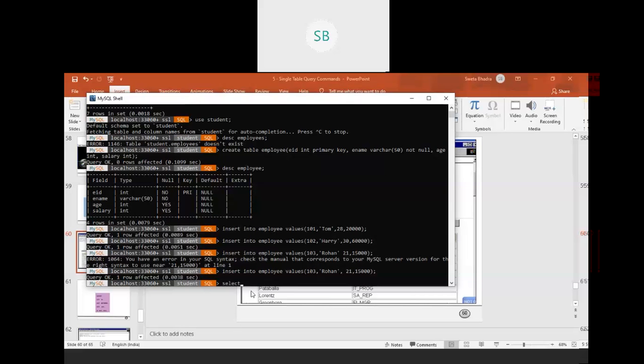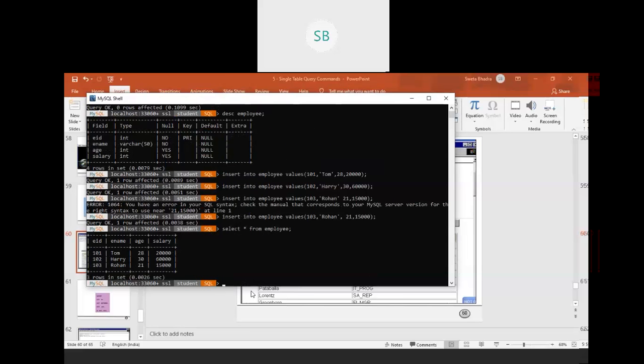If I want to display anything, as you know, you can go for select star from. If you want to display all the columns, you can use select star from the employee table name. Okay, so you have displayed everything. Now if I want to display a particular row, then I need to use the where clause. So let me do that.